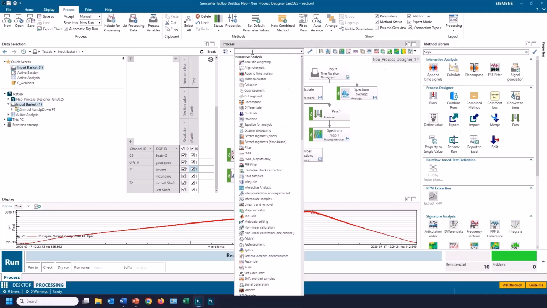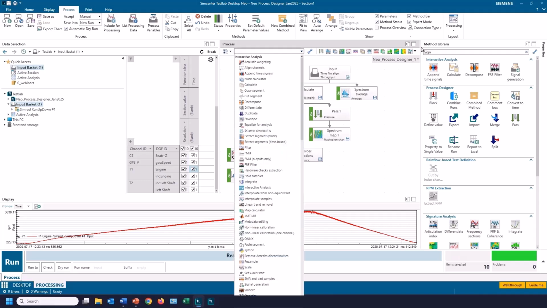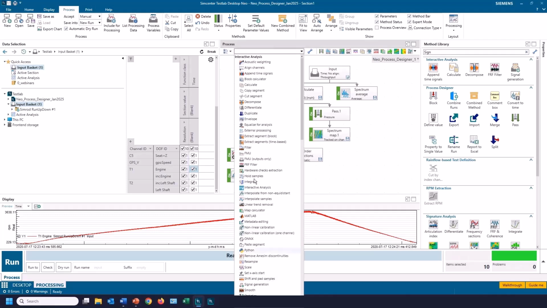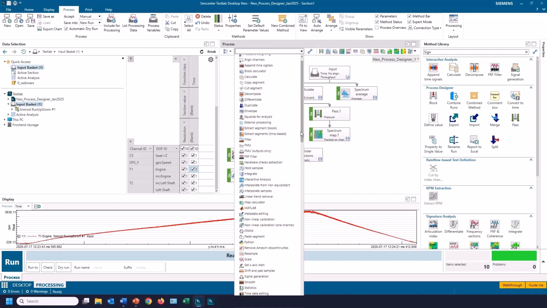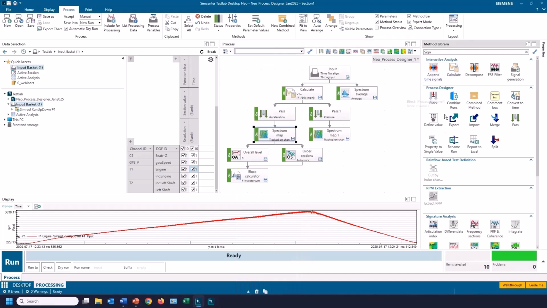That's different than searching here. So there, it's only going to find the name of the methods. So if you're searching for something, I think it's much easier, or better, to search in the method library rather than just searching on the pull down, because it's only going to find the methods with those names. And it's also only going to find the methods that are turned on. If I don't have a license turned on, it won't show up in this list, but it does show up in the method library. And any of the add-ins that aren't turned on, they're going to be kind of grayed out. Okay, then I'll show the syntax of the calculate commands.